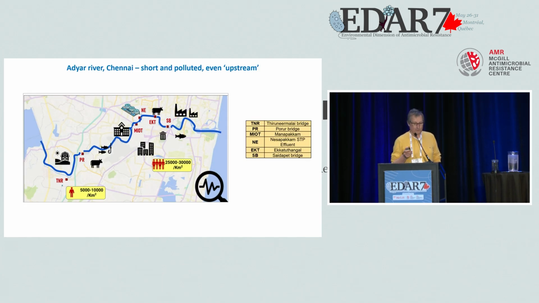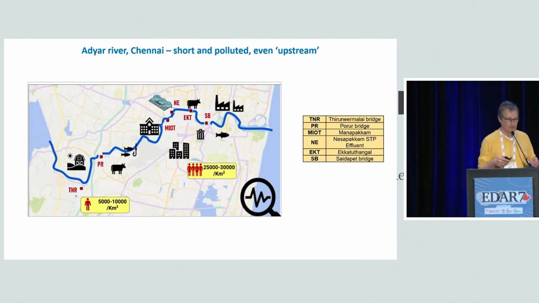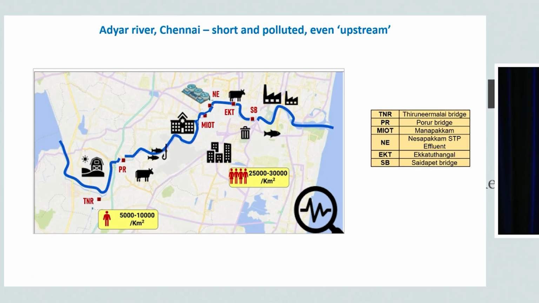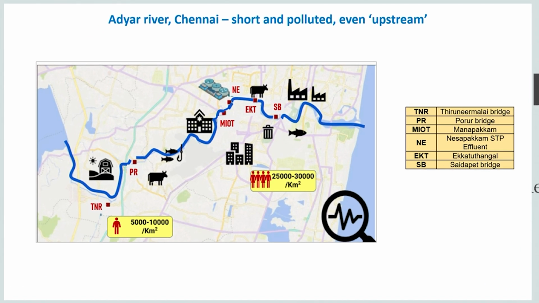So moving over to Chennai, we wanted to use this river as a comparison to the Musi, because this doesn't have industrial pharmaceutical input, but is otherwise similar: small river, large city. Now the problem with Chennai was we didn't find any clean enough upstream sampling sites to have a contrast. So we tried again earlier this year to find some upstream sites that are cleaner. We did find them, but they are not connected to the river.